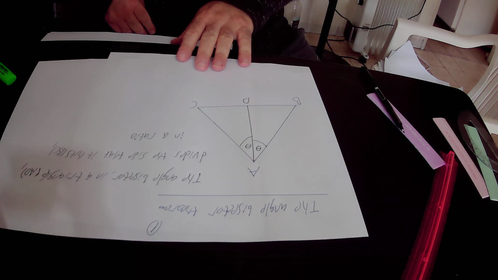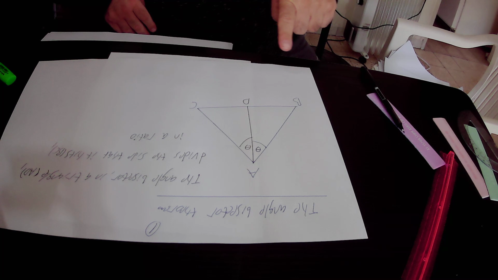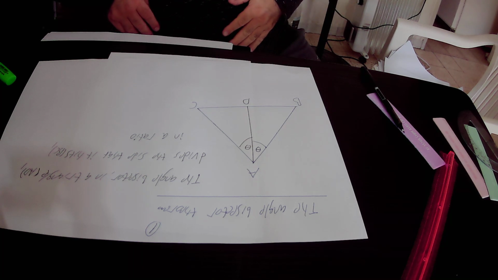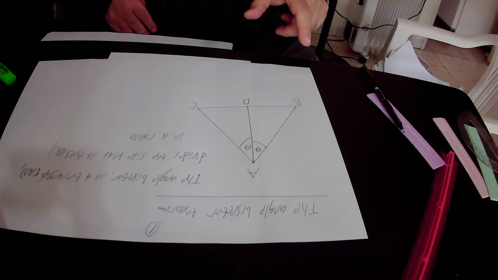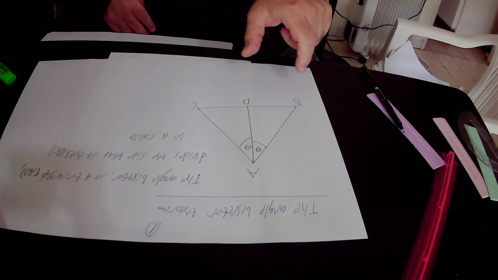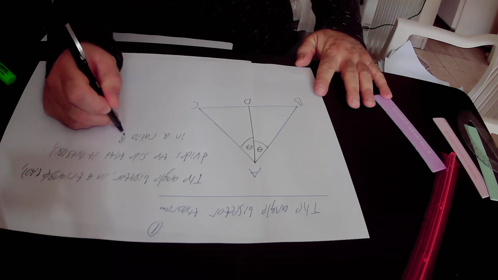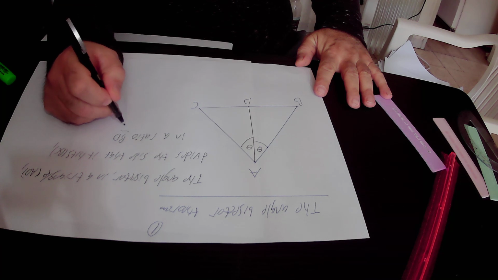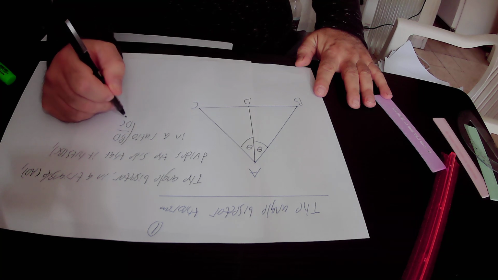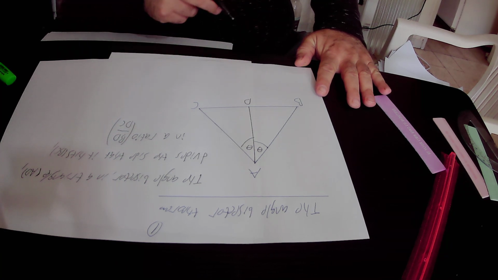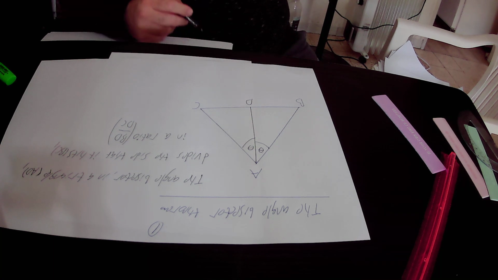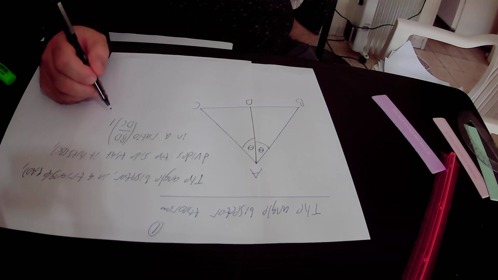I repeat again, the angle bisector AD hits side BC and divides it into two parts. The first part is BD and the second part is DC. And the ratio between those two parts is BD over DC. Very simple. That is the ratio that angle bisector AD divides side BC, and that ratio is equal